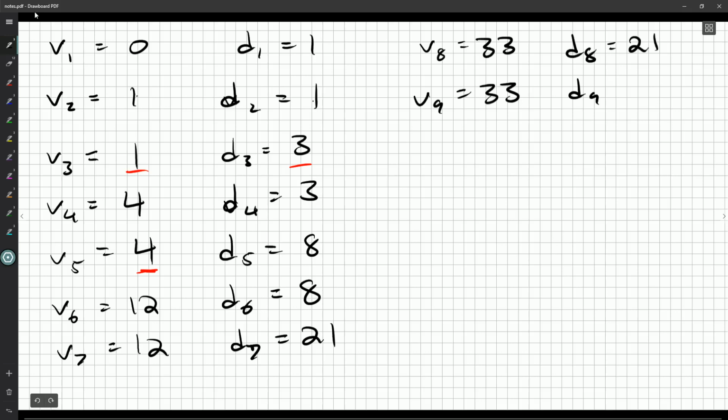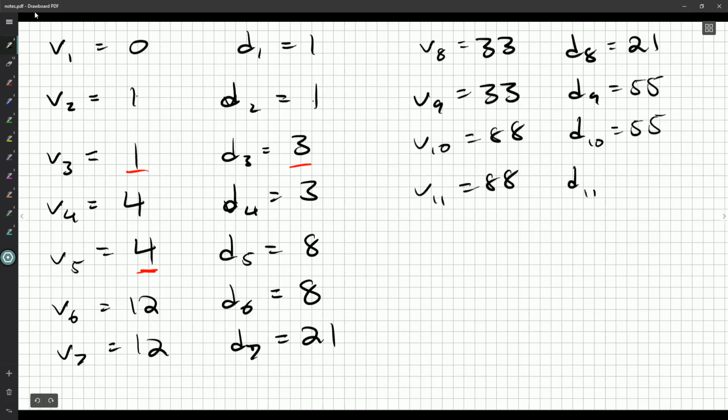I'm also going to bust out my calculator now to try and make this go a little faster. This should be 55. And then when I get to 17, which I will in a moment, I should be able to check to make sure that my answer looks the same as their answer. But the numbers are increasing a fair bit. So V11, copy that number. D11, 88 plus 55 plus 1,